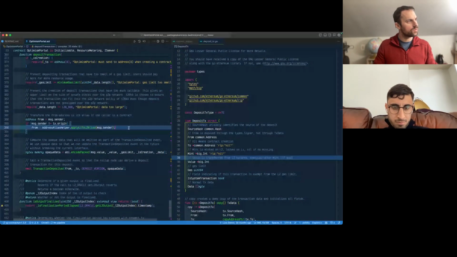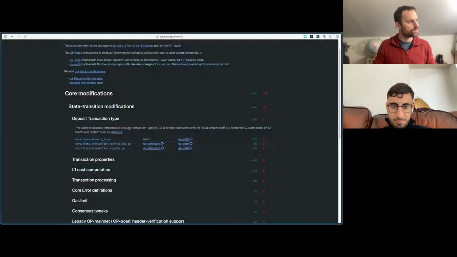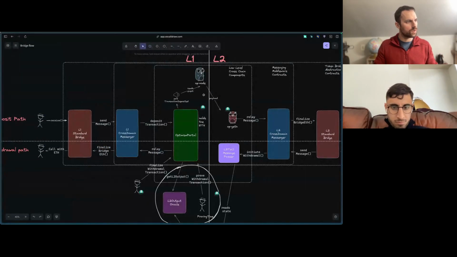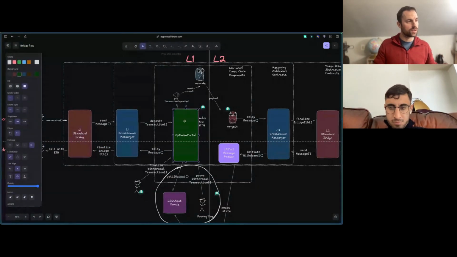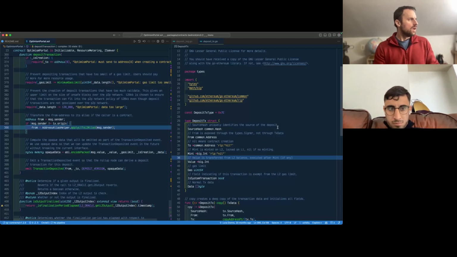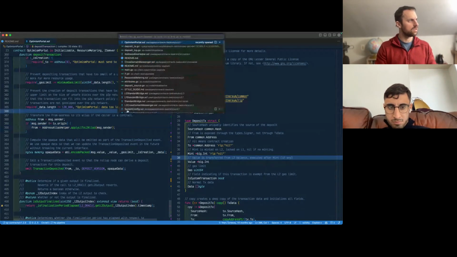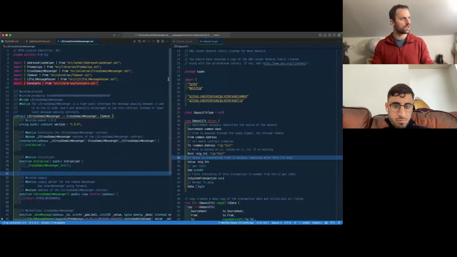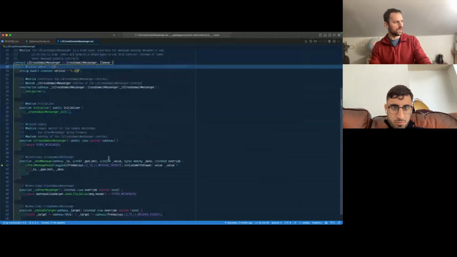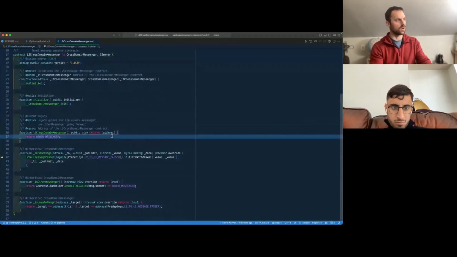I think I'll continue with the moving through the bridge flow. So what we've done so far, we've talked about the portals, deposit transaction, OP node, OP Geth. Probably good to look at the cross domain messenger on L2. So the L2 cross domain messenger is a rather thin wrapper around a lot more logic in the cross domain messenger,